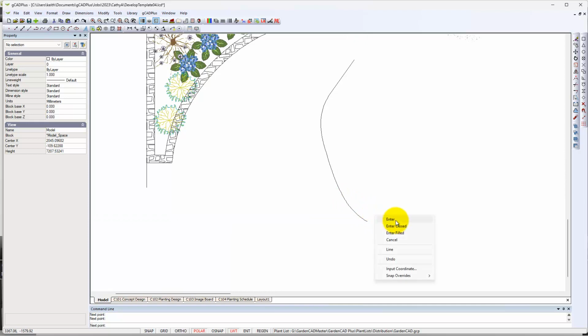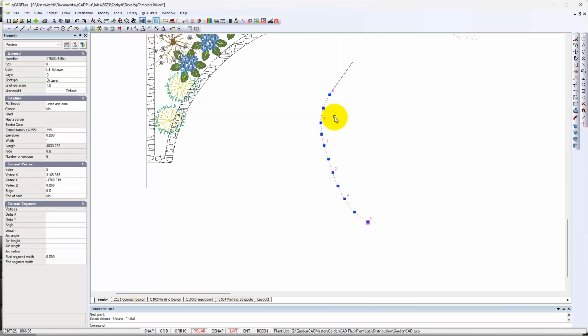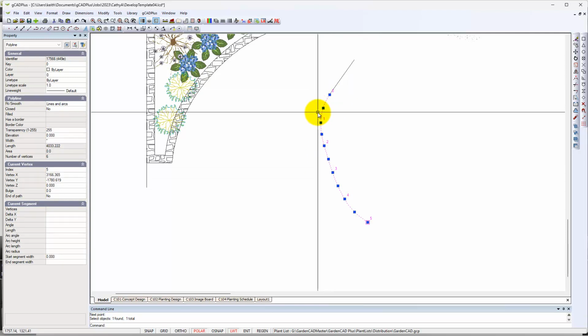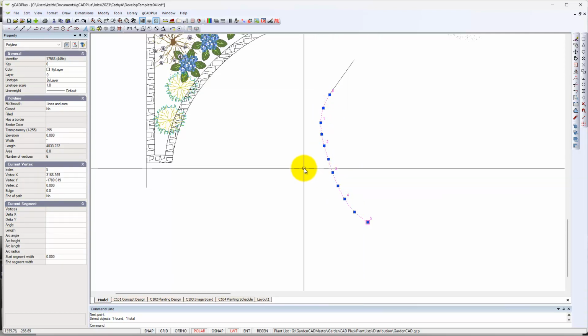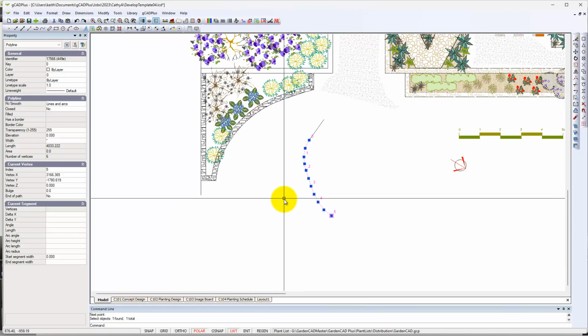So we've done a relatively complex shape and the vertices are all in there. That's a single polyline with the vertices in place,